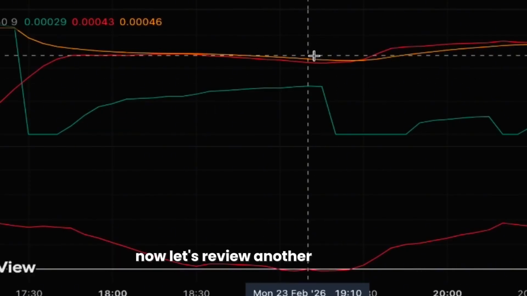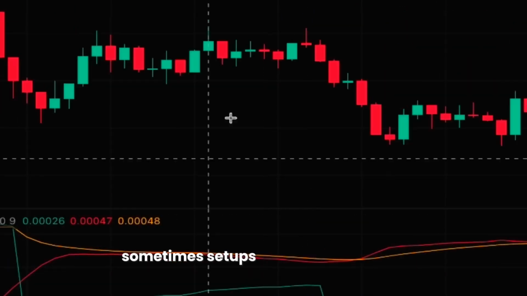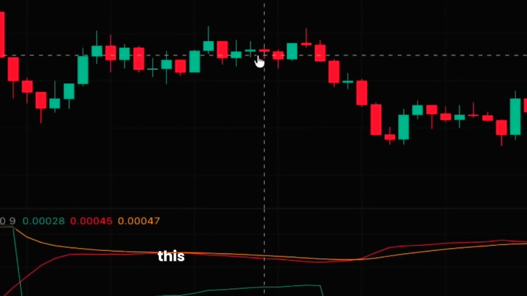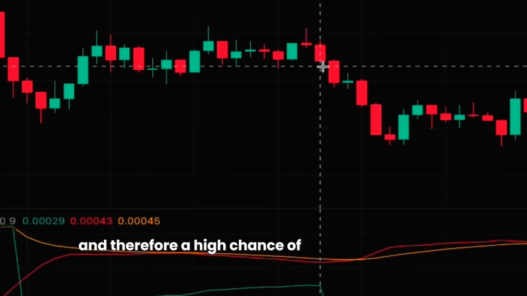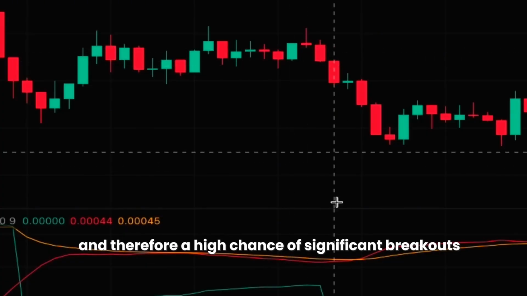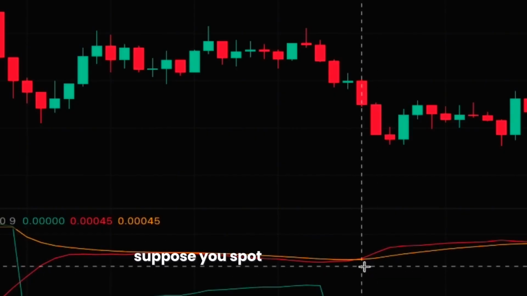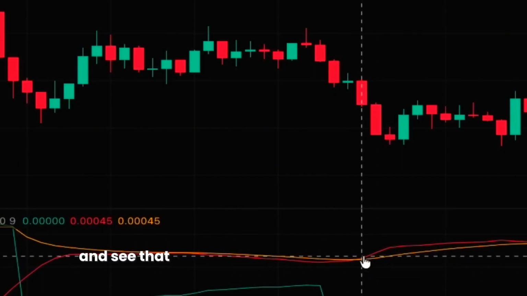Now let's review another example. Sometimes, setups don't occur frequently. This is a low-frequency strategy, meaning you must be patient. Opportunities appear only when ADX drops below 10, which marks a very tight consolidation and therefore a high chance of significant breakouts. Afterward, suppose you spot ADX below 10 again and see that the orange line dominates the oscillator, confirming